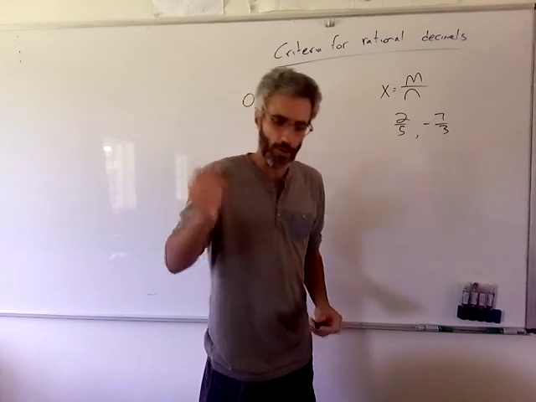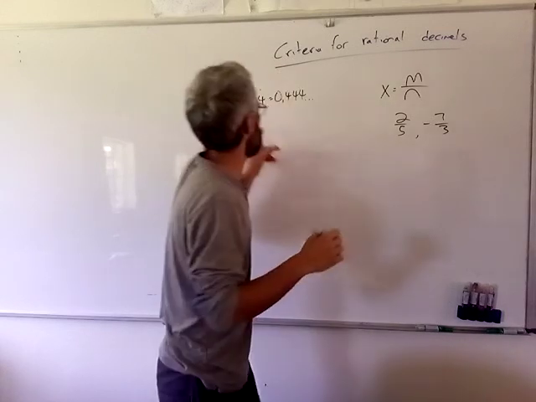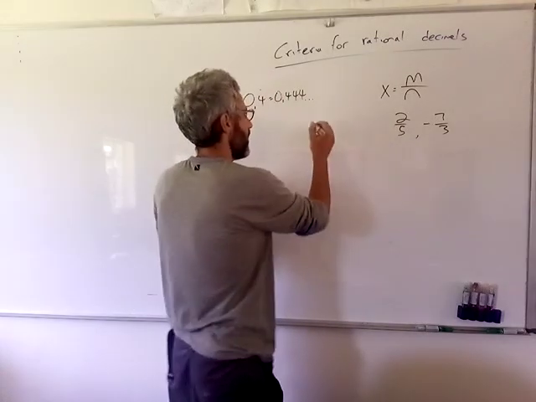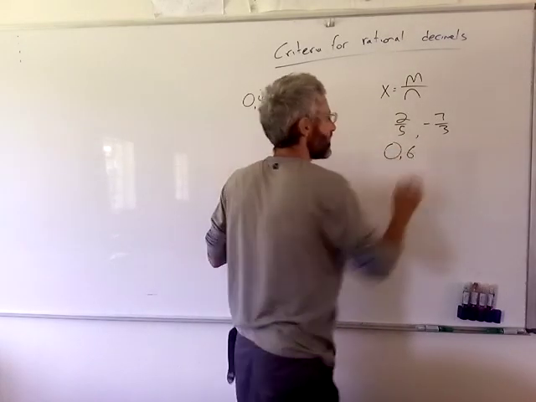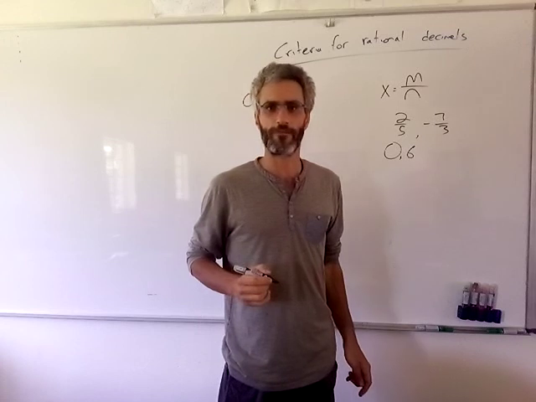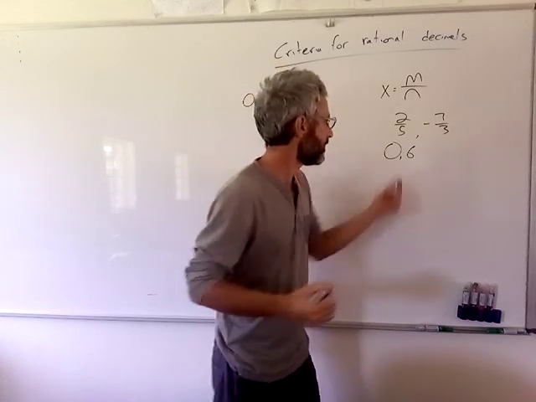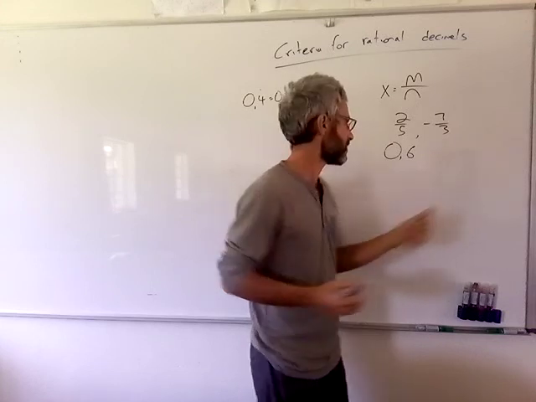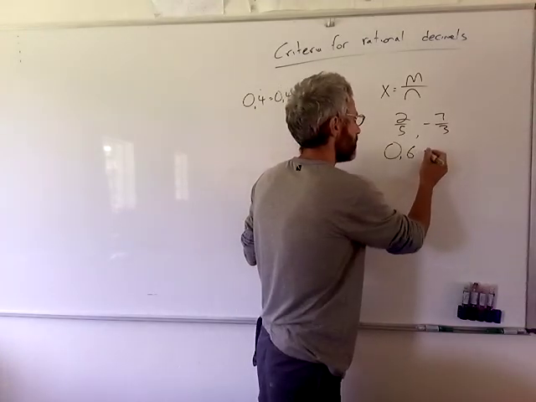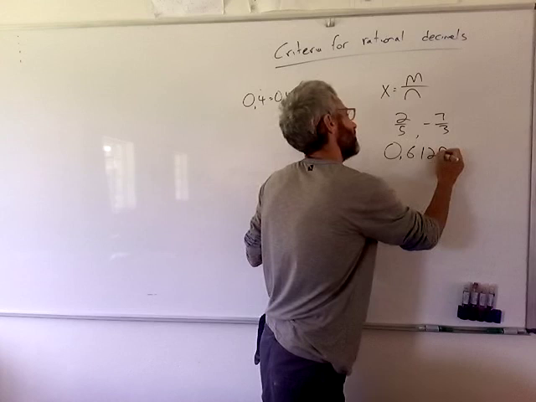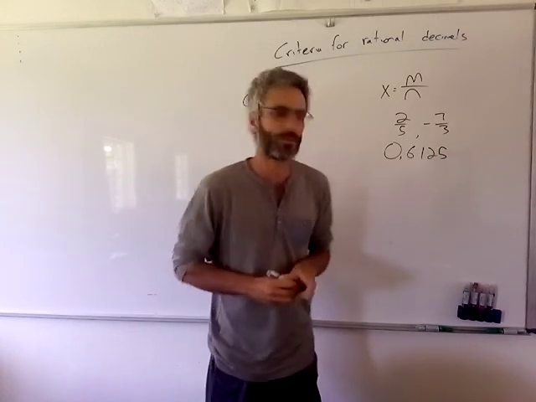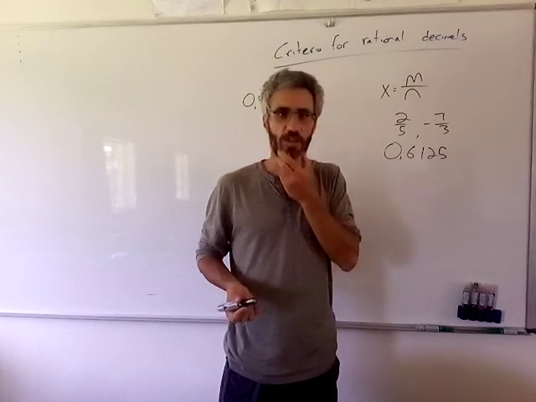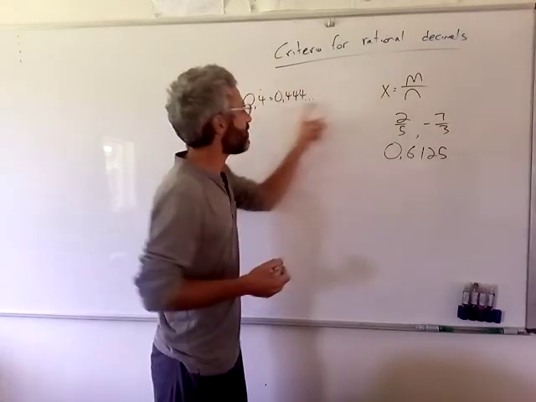But if you remember, we also said, what about decimal numbers? I know, for example, that 0.6 is also a rational number. How do I know it? Because it has a finite number of decimal places. The same goes for 0.6125, which is also a rational number, with 4 decimal places. But now some decimals have infinite numbers, like